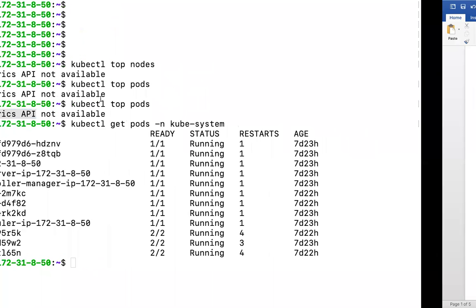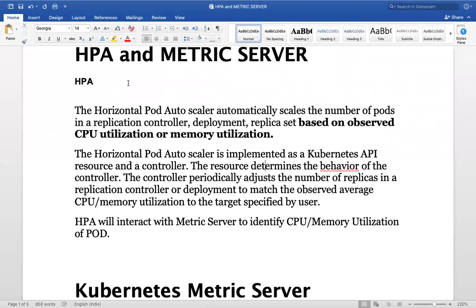Those metrics are important for the horizontal pod autoscaler or vertical pod autoscaler, whatever it is. If you don't have metrics, will it be able to decide when it has to scale up and when it has to scale down? If HPA doesn't have metrics, this is one program basically. Periodically it will execute. It will take decisions based on the metrics. But as of now,